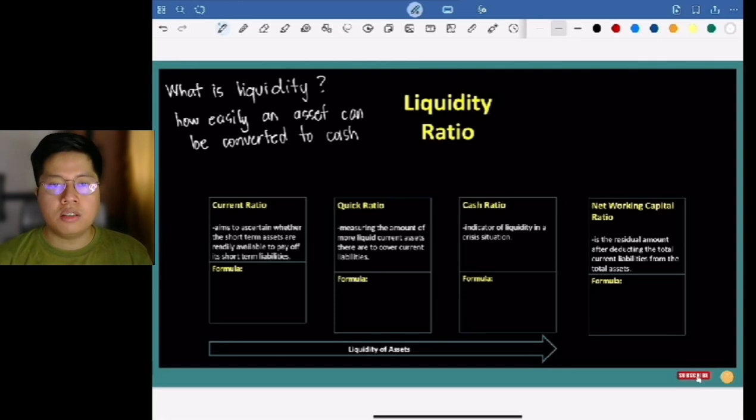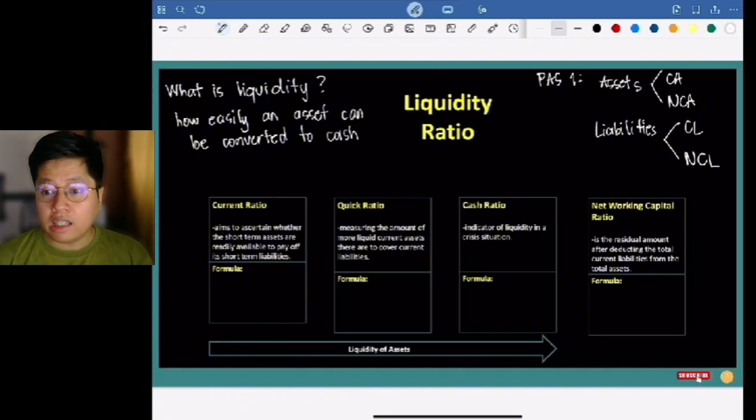Here in the Philippines, since we are using Philippine Accounting Standards 1 or PAS 1, that is our accounting standard if we are classifying between the current assets and the non-current assets as well as the current liabilities and non-current liabilities. Liquidity ratios are indicators used in finance to measure the ability of the company to meet, pay, or